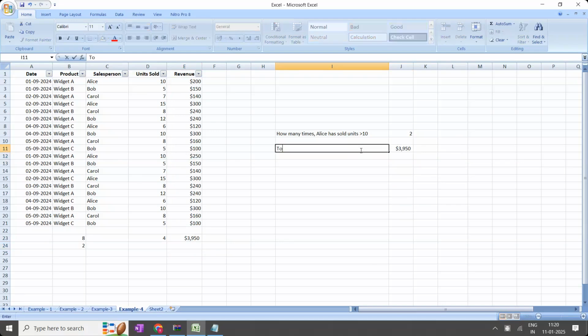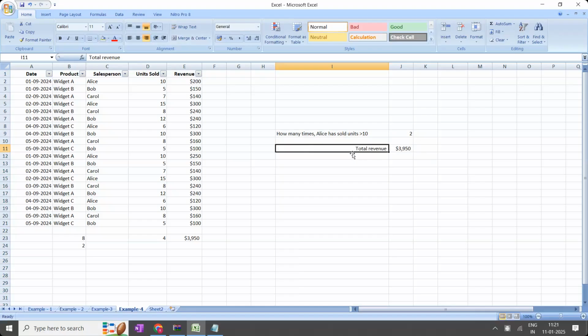What is the total amount, total revenue with all widgets? Total revenue. Here, what is the total revenue now? It is in the extreme left corner, and I want it towards the right side. Then what I have to do? Alignment, I'm going to bring to the right side, so side by side we will look. Total revenue is this much.